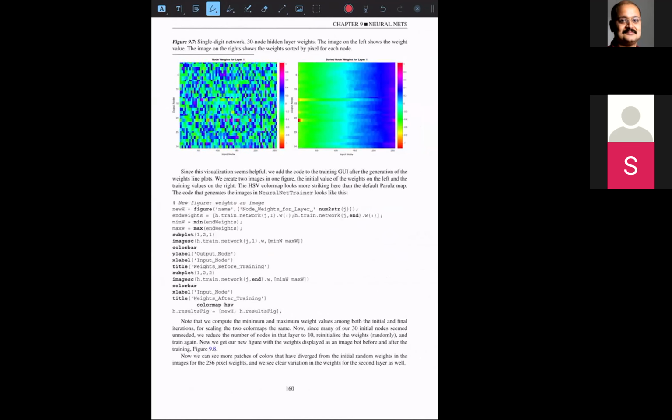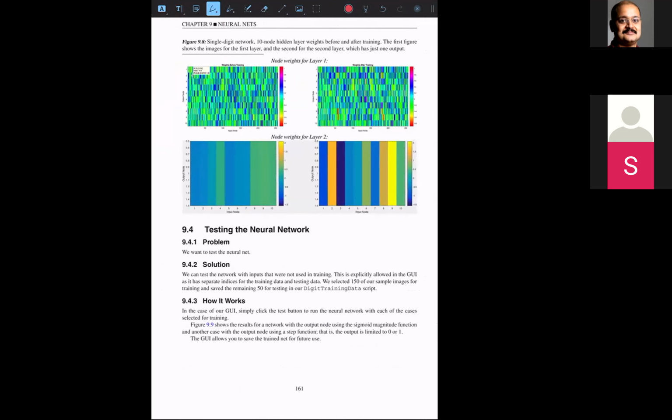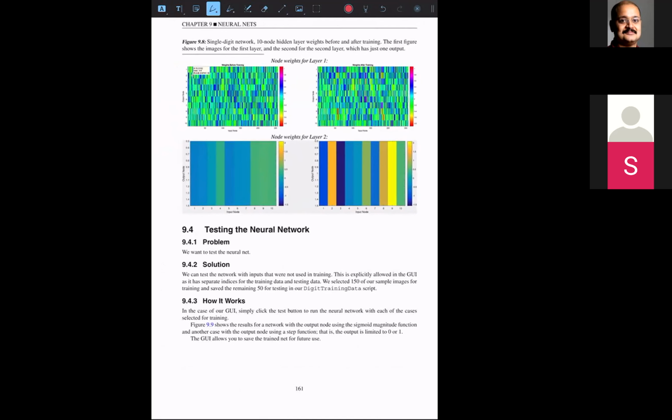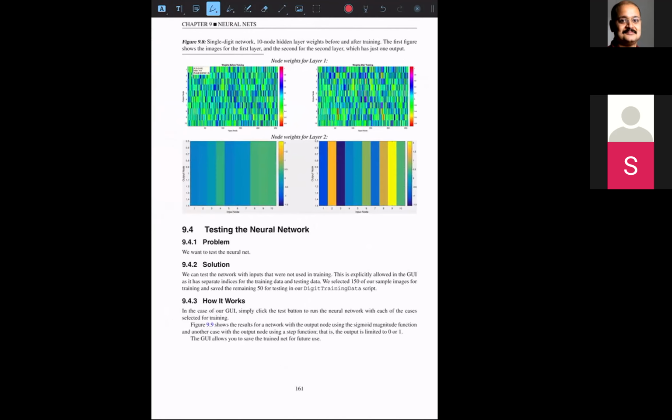And you can actually run this code, which is shown over here, wherein you can train the network and you can plot the results. And then you can actually test the neural network. So if you want to run this code, the code is in the digit training data script. So chapter 9, digit training data. If you run through that code, it will actually do it for one sample image.